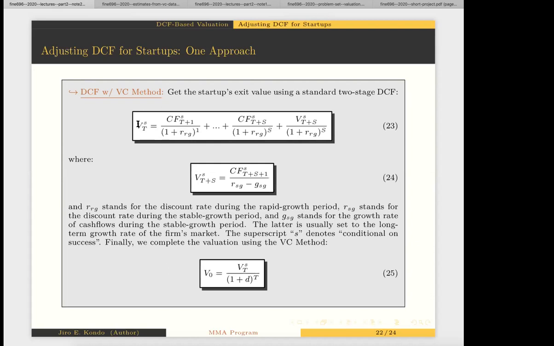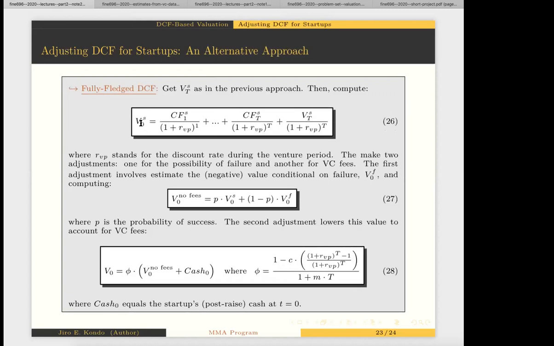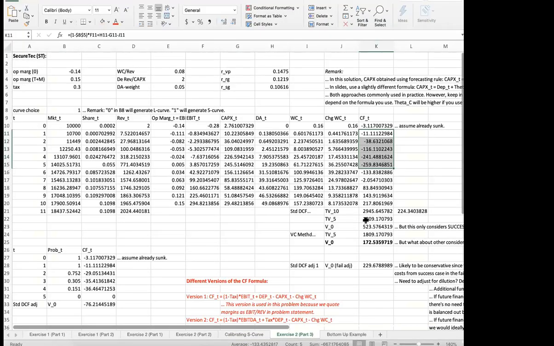Let's think about what we've done so far. What we have here is an exit value conditional on success. We could also estimate a value at time 0 conditional on success by directly accounting for the cash flows that we have from time 1 to time t. So we could do an additional step. So do the same first 2 steps that we did in our first approach, and now do a third step